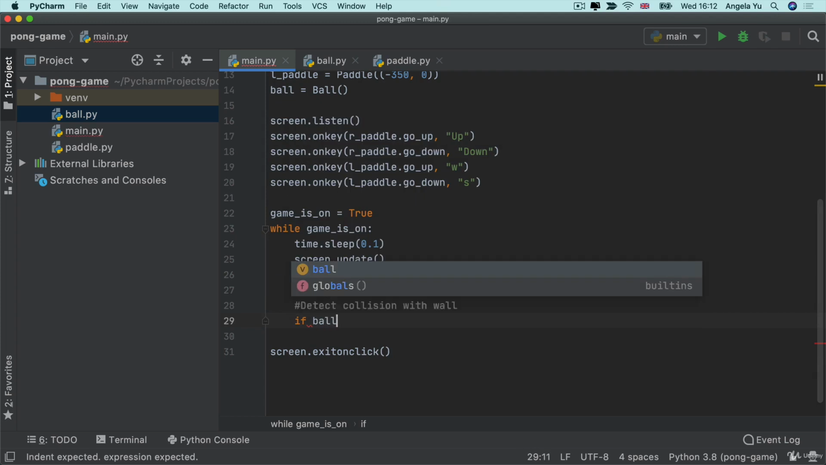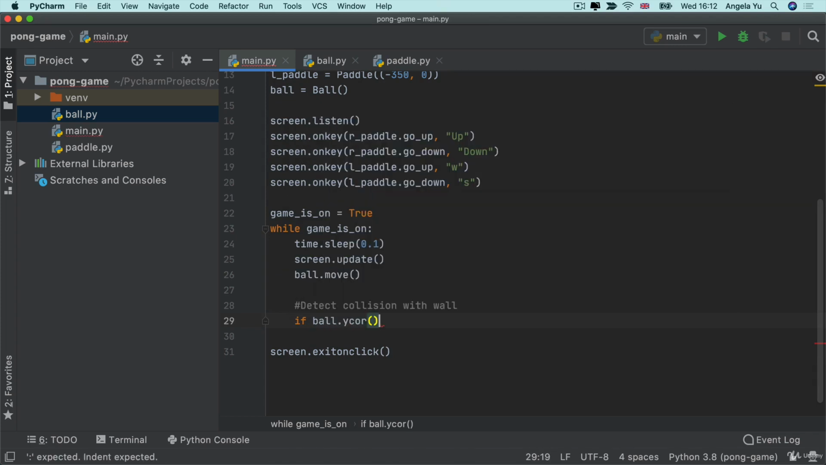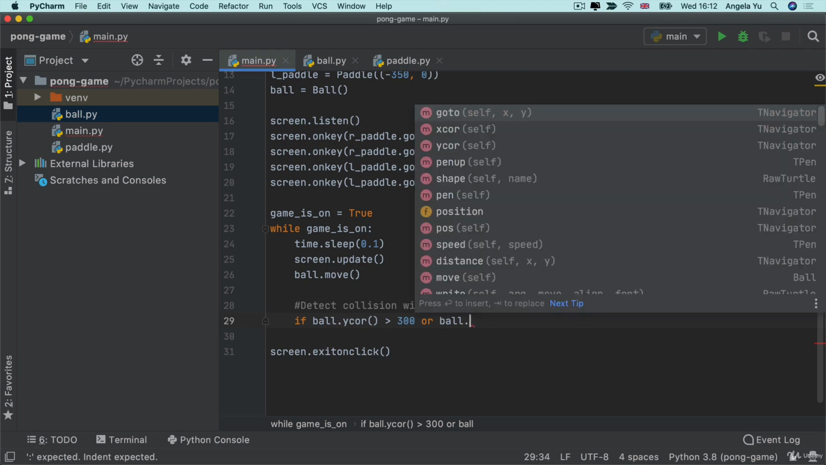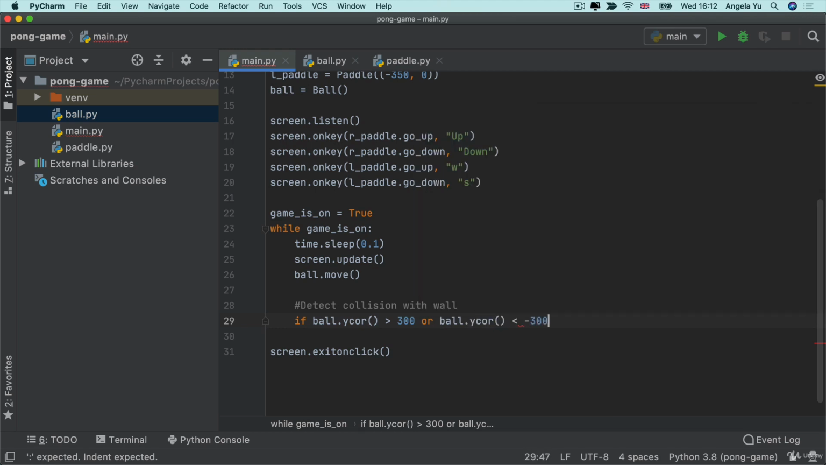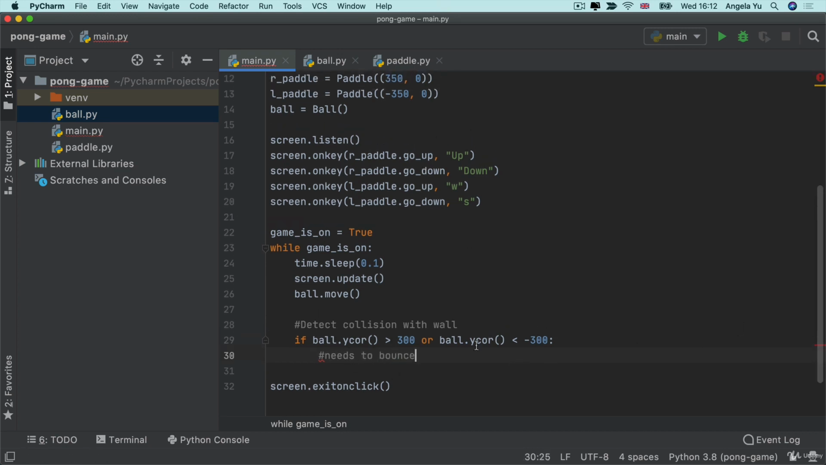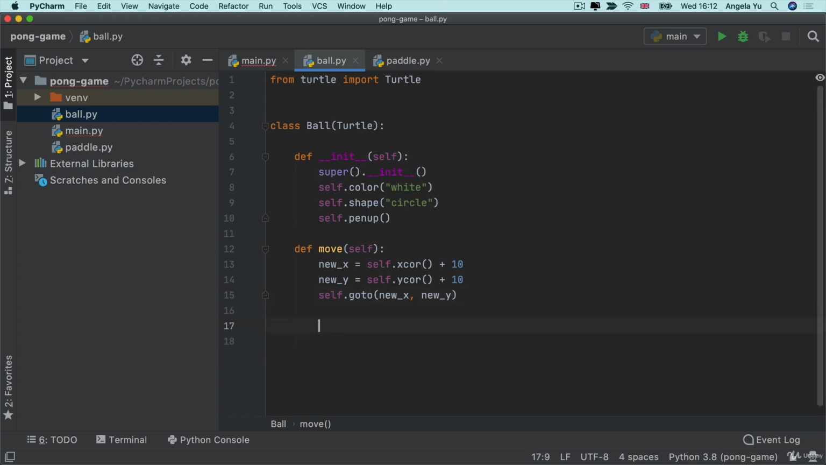So I can say if the ball.yCore is greater than 300, well, in that case, it's basically gone too far up and it's hit the top wall. Now, in addition, I can add an OR statement to say if the ball.yCore is less than minus 300, then that means it's gone too far down and it's hit the bottom wall. So in this case, it needs to bounce. So we need to figure out how to get our ball to bounce. And we're going to create a bounce method in our ball class